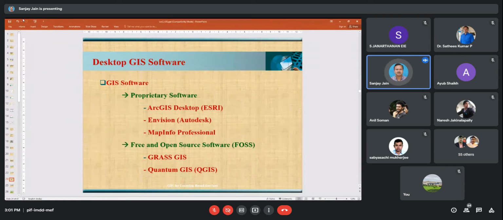There is another freely available software called ILWIS, Integrated Land and Water Information System. In fact, we started working on GIS through that software, but at that time it was not freely available. ILWIS was developed at ITC Netherlands, and from 2006 onwards they made it free. So now that software is freely available.